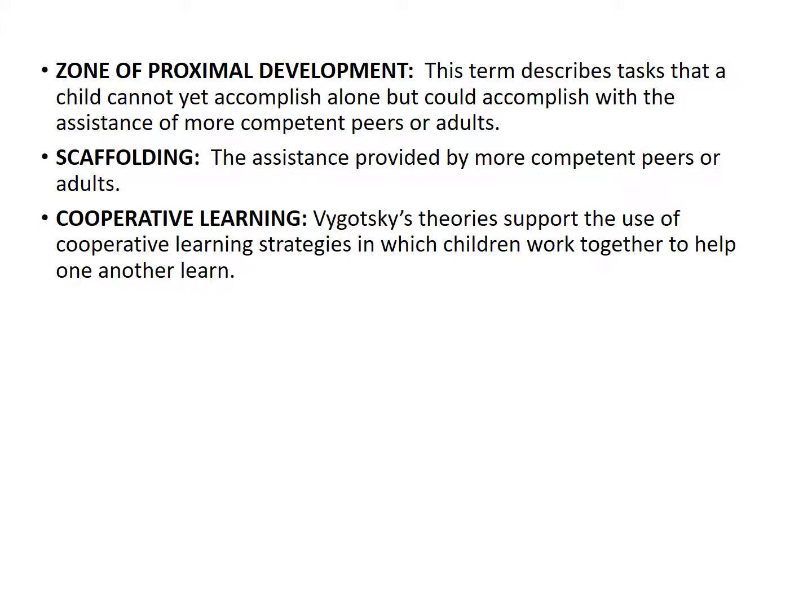So some important concepts in Vygotsky's theory, one is the zone of proximal development. And this term describes tasks that a child cannot yet accomplish alone, but could accomplish with the assistance of more competent peers or adults. So the baby doesn't understand that a waving hand means bye-bye, but the parents or the competent adults can teach the baby that